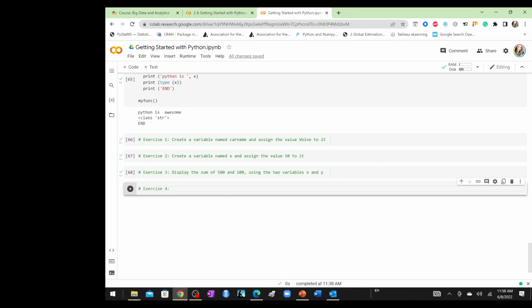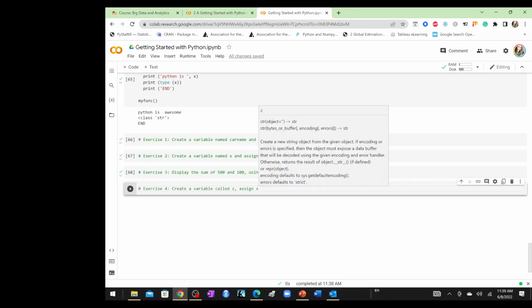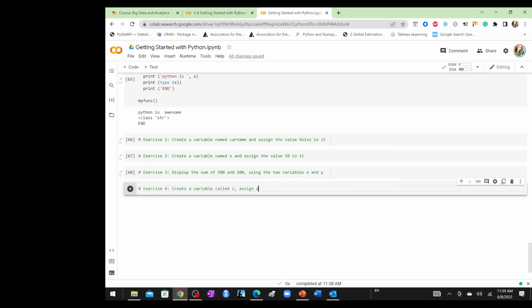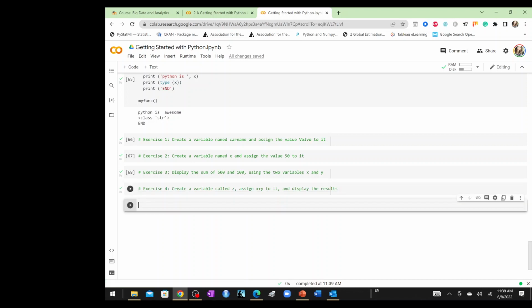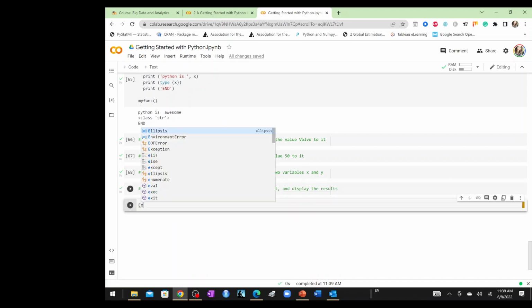Exercise 4, I want you to create a variable called z and assign x plus y to it and display the results. I think this is, yeah, because we already declared x and y. Okay, good. And now, guys, exercise